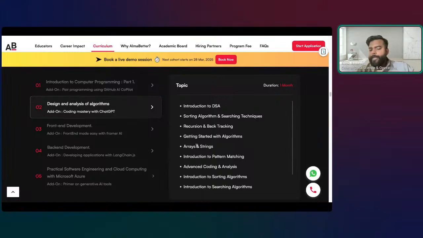Now, a bit of DSA. As for DSA, there is this very common question I see in all the sessions: what should be the level of DSA? Should I learn everything? Because DSA in itself is very vast, right? So what things are important as a fresher? If you are looking for your first job, what things are important over here?